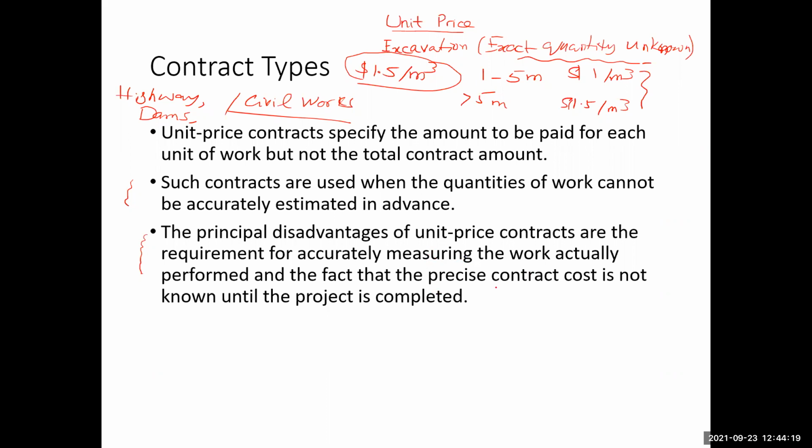And on the other hand, in the end, we also do not know what the overall cost of the project will be. So therefore, these types of contracts are problematic, but however, there is no better situation as well. And due to those reasons, many of those infrastructure projects, highways, dams, and many of these civil and very large scale mega projects almost always